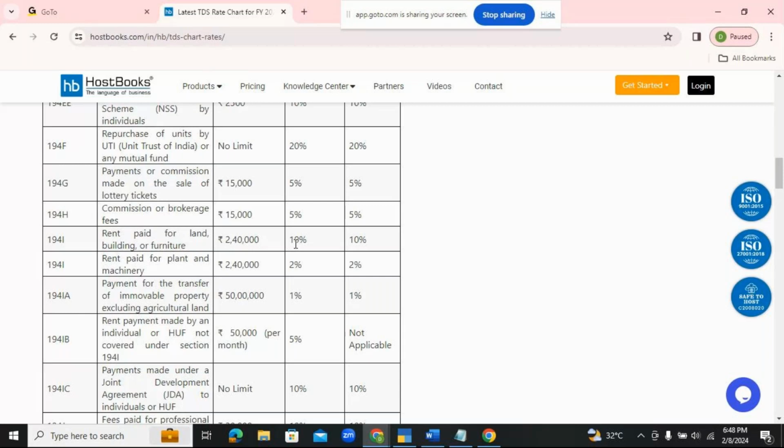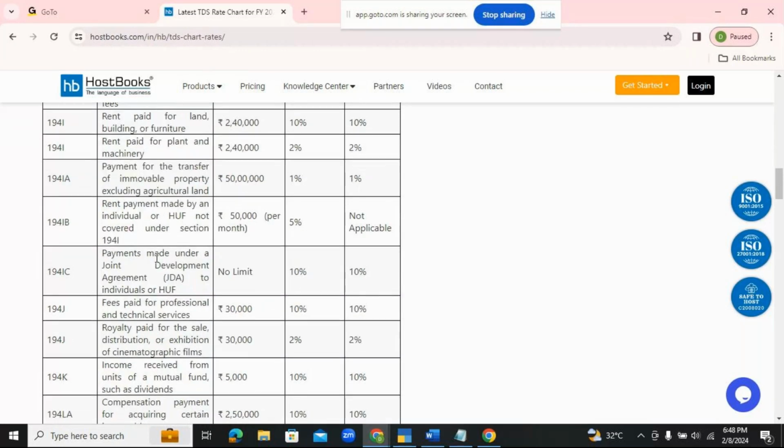Again, I think you would have seen in almost every place, commercial space for rent. If it is for residential purposes, the treatment is different in writing. If it is for commercial space, up to 2.4 lakhs rent, no problem. But if it is exceeding beyond 2.4 lakhs, it is subject to TDS of around 10%. Plant and machinery, the same threshold limit, but TDS is 2%. Then payment for the transfer of immovable property excluding agricultural land, 50 lakh is the limit, and 1% is the